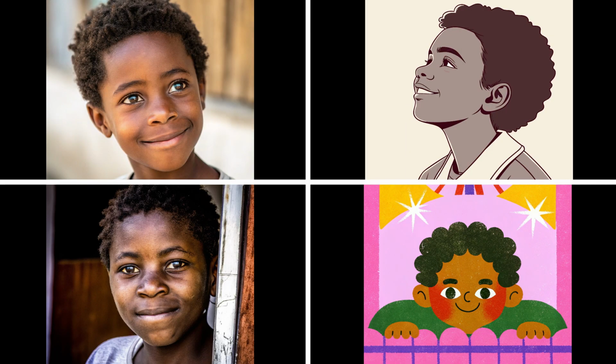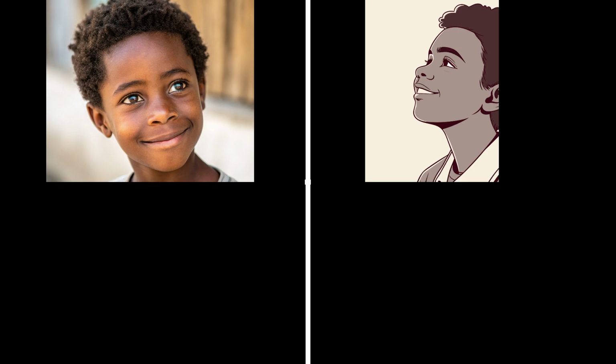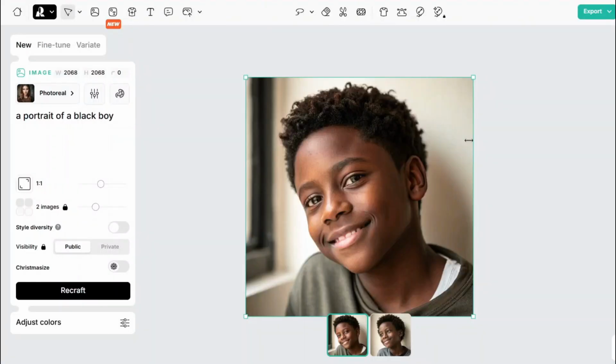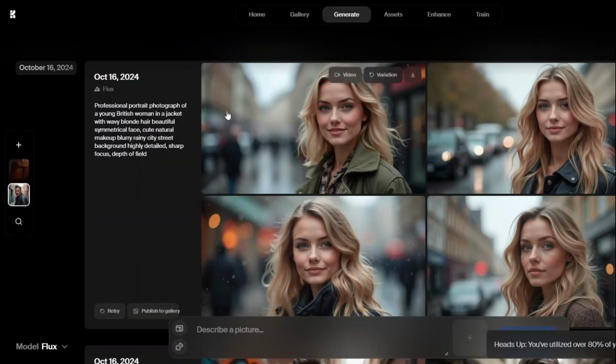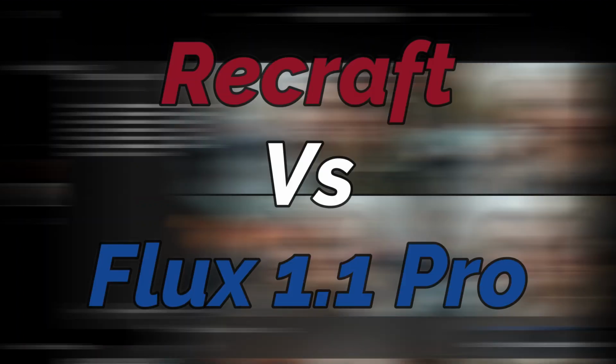So here we go, guys. Now we have all these different styles that I created with just one prompt, which was a portrait of a black boy. So you can see how capable this AI image generator is. You can basically create a different style for your images. It could be any image you want. So yeah, you can customize your image according to your liking with the help of this amazing AI image generator, right? All right, so now I'm going to compare this Recraft.ai with Flux 1.1 Pro,